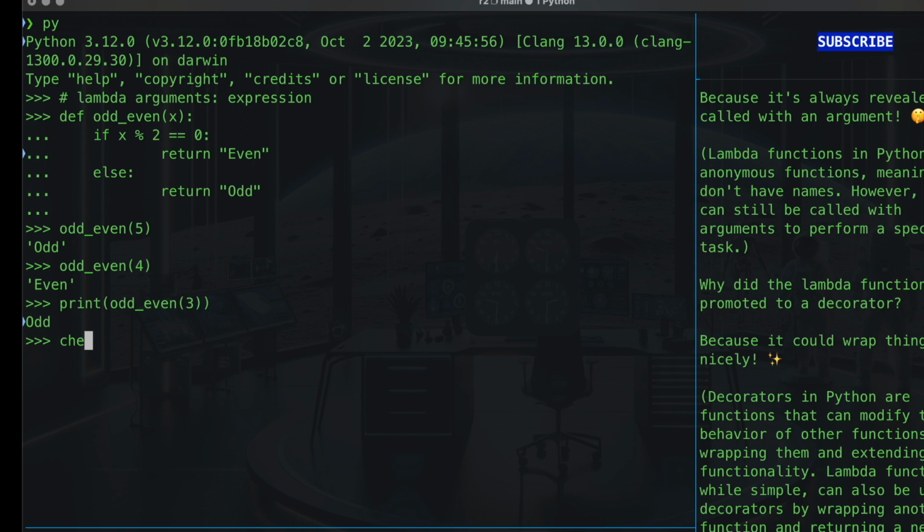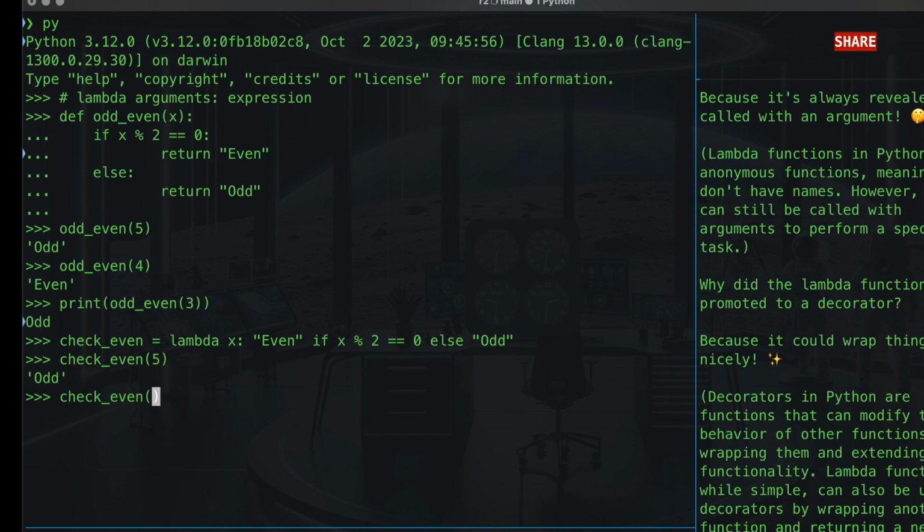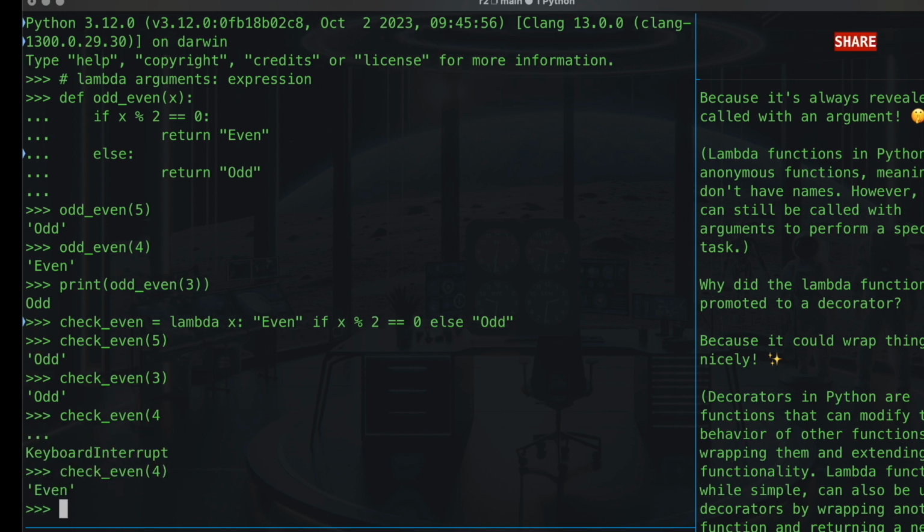We call it check_even, from odd even to check_even, and lambda x: even if x % 2 equals 0, else it's odd. And we can check even, it's odd. And we can do check